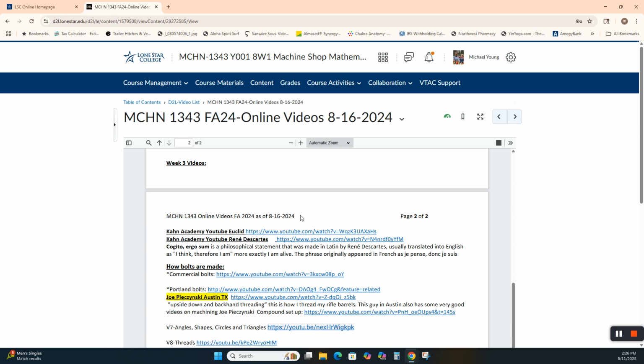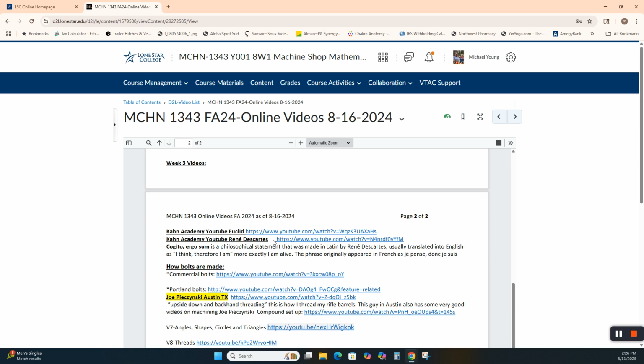All right. So you weren't considered educated unless you could recite Euclid's postulates. And I have an 18-something translation of Euclid, Greek on one side, English on the other. Abraham Lincoln was a master of Euclid. He quit doing law until he could go master Euclid because he knew he could argue the law better if he understood Euclid. And then here's one by Khan. This is another Khan video on Euclid. And René